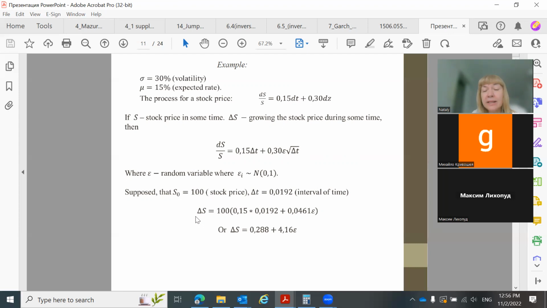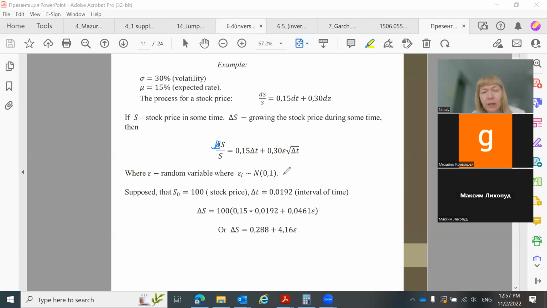So the change in stock price we can compute according to this formula. dS is the discrete variant, and in this variant we can write delta S instead of dS, delta S divided by S. So delta S equals S, but S is 100, multiplied by this, we rewrite, multiplied by delta t, this,